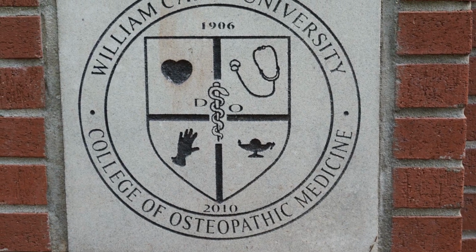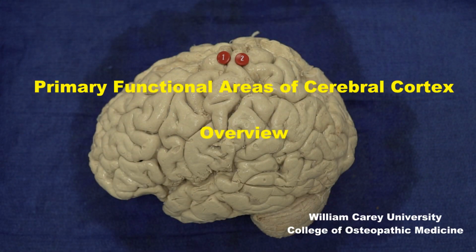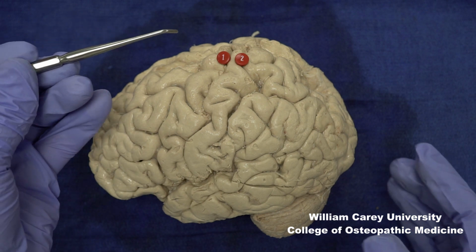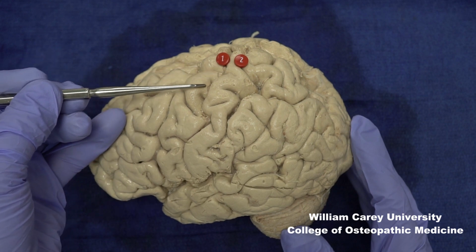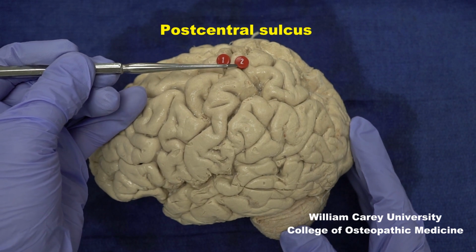For the first time in our series, we will be looking at functional areas of cerebral cortex using anatomical landmarks by identifying the primary functional areas of cerebral cortex. Pin number 1 and pin number 2 are marking the central sulcus as we run down on the central sulcus, and then the post-central sulcus, respectively,